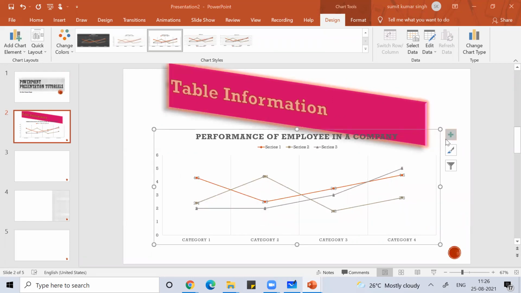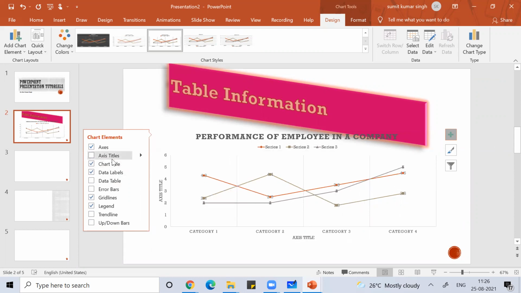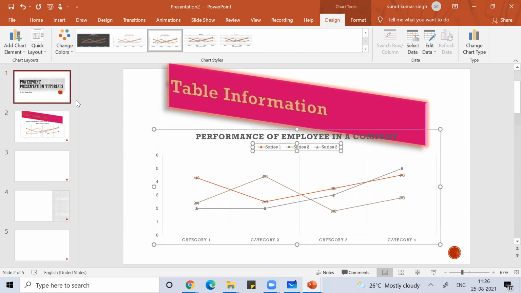So this you can do by yourself. Okay, these all are self-explanatory. You can learn by yourself. You can put trend lines, legends. Okay, series 1, series 2, series 3. You can give a name to them. Okay, so depends. So these are all self-explanatory.